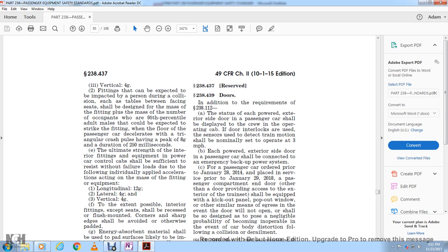Each powered exterior side door of the passenger car shall be connected with emergency backup power for passenger cars ordered prior to January 28, 2014, or placed in service before January 29, 2018. Passenger compartment end doors or other doors providing access to the exterior of the train set should be equipped with a kick-out panel,